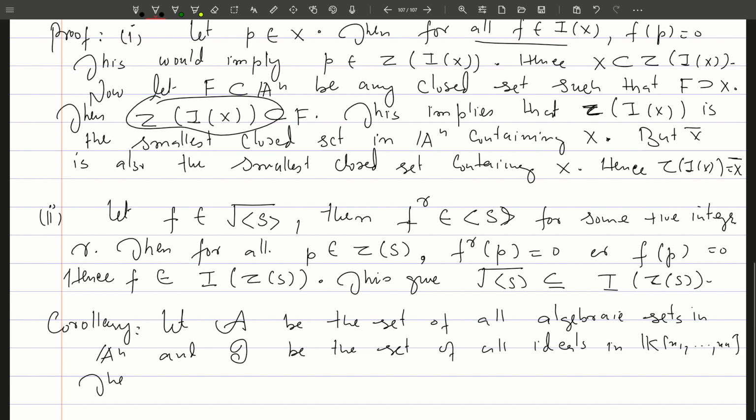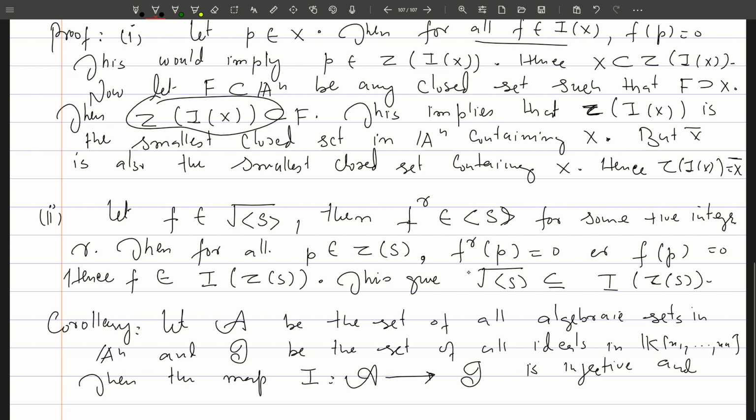Then the map I from the algebraic sets of the affine space to the set of all ideals in the polynomial ring is injective,